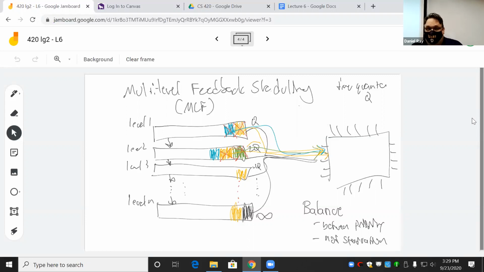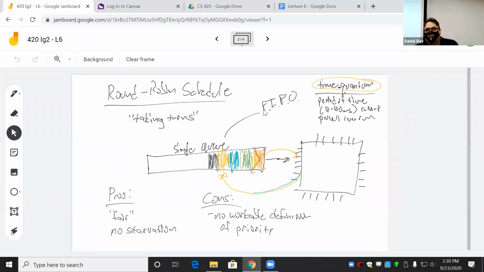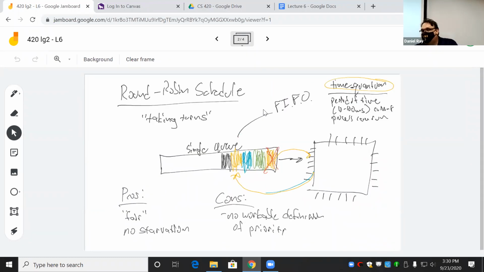But do you see that the likelihood and the severity of this kind of starvation that might happen here is a lot less severe than the kind of starvation that could happen here, right? We're taking steps to abate that kind of starvation. We can't rule it out, short of doing something like this where everybody just takes a turn and we don't have the notion of priority. Because as soon as we support a notion of priority,